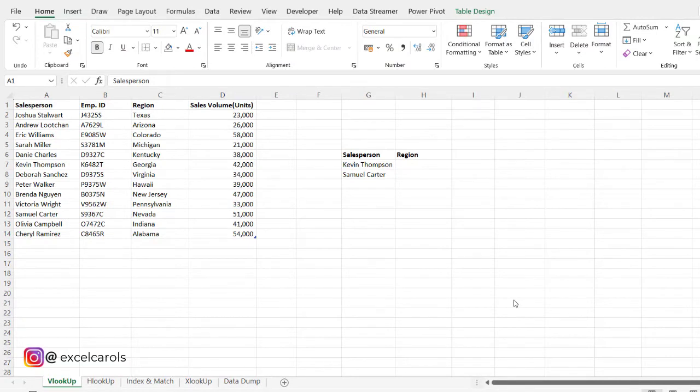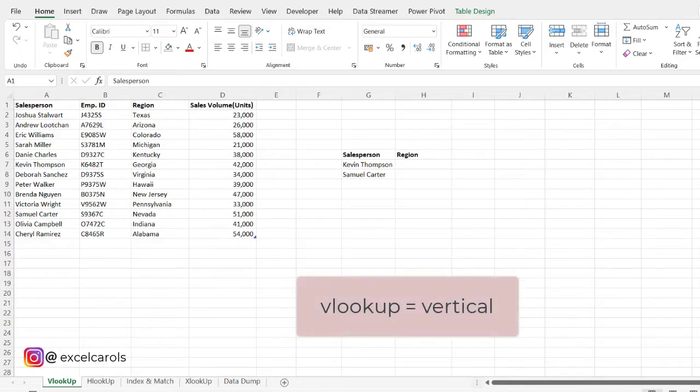In this video, we'll talk about lookup functions and index and match, which are very helpful and widely used functions in MS Excel. The major purpose of these functions is to search for a particular value in a big data table and return a corresponding value. Let's start with the VLOOKUP or the vertical lookup function.